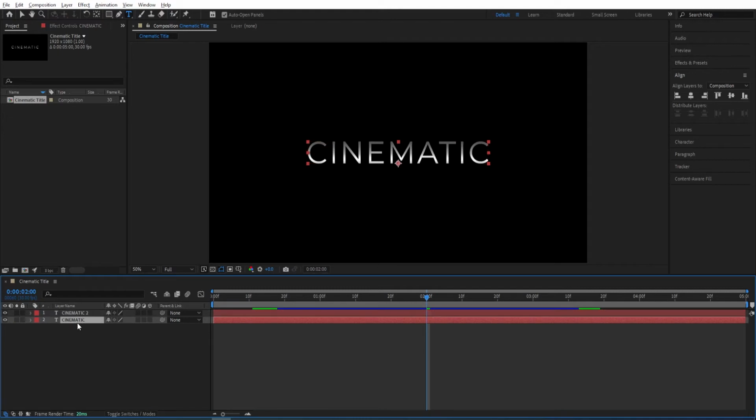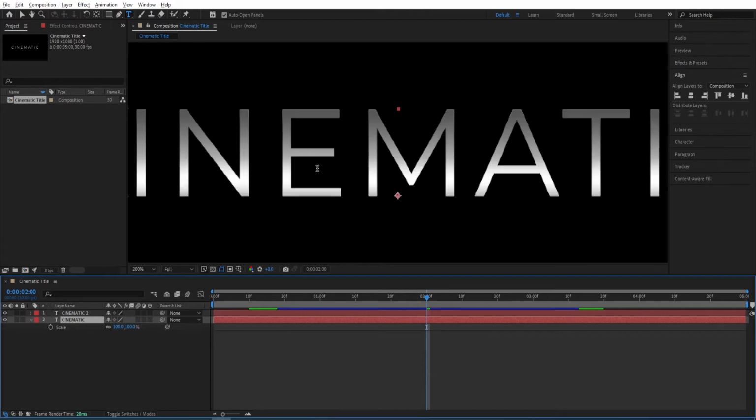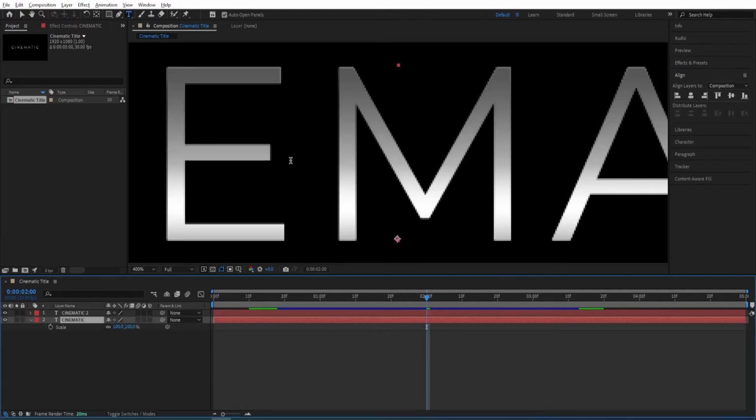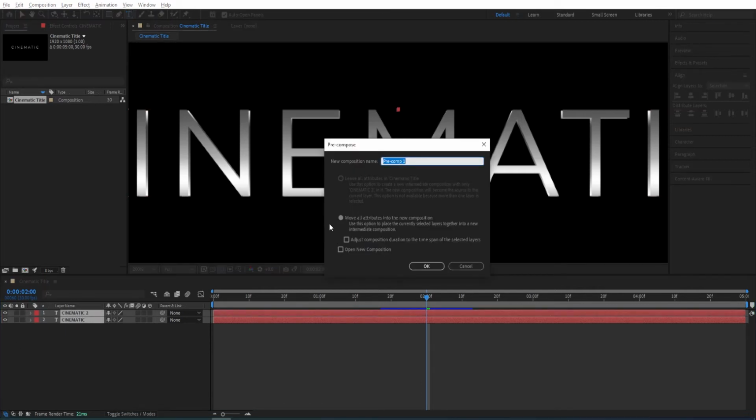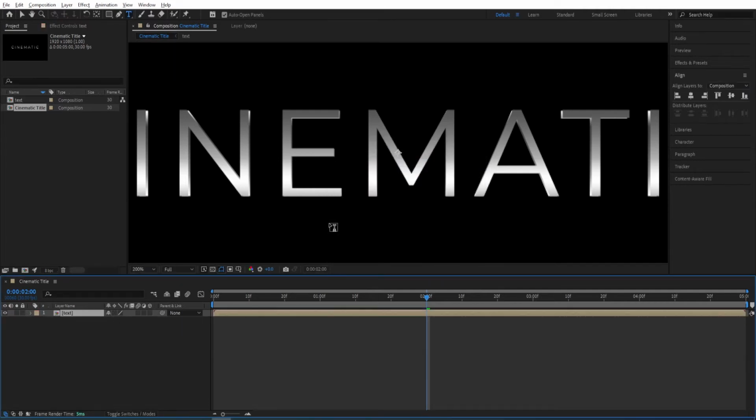So if you go to this first text layer, and then press S, and I'll zoom in here. So if we change the scale to 99, as you can see we get a 3D effect. So we select both of these two, press Ctrl Shift C, and then call this text, click OK,